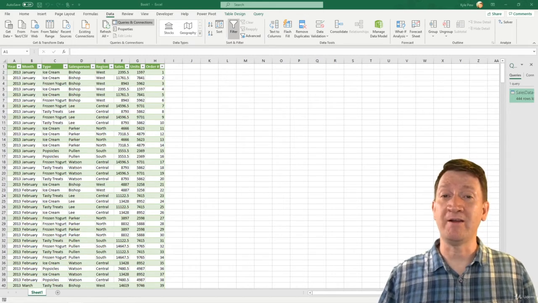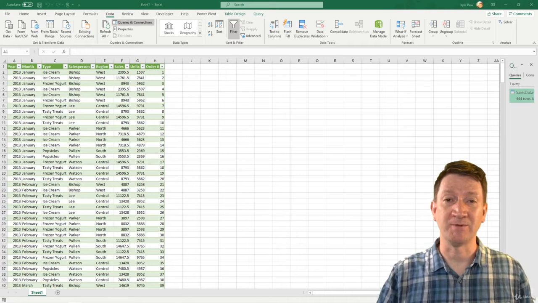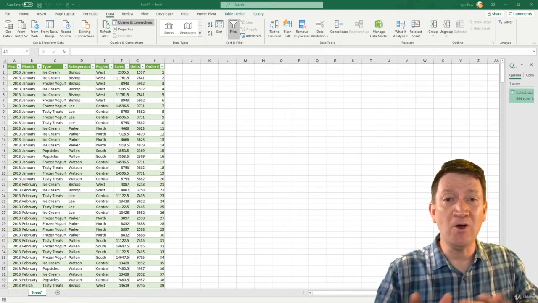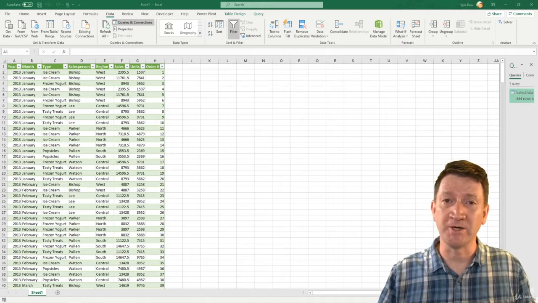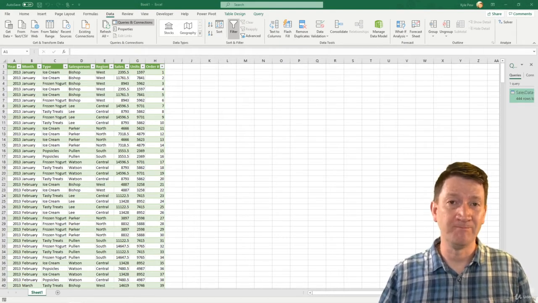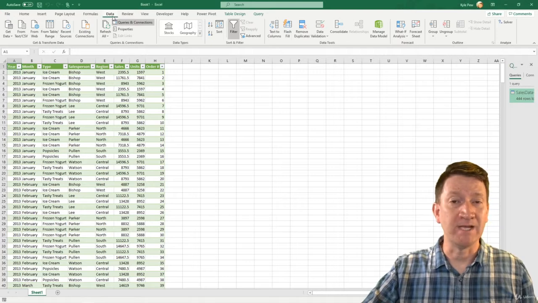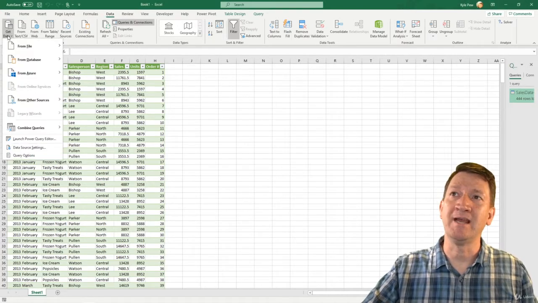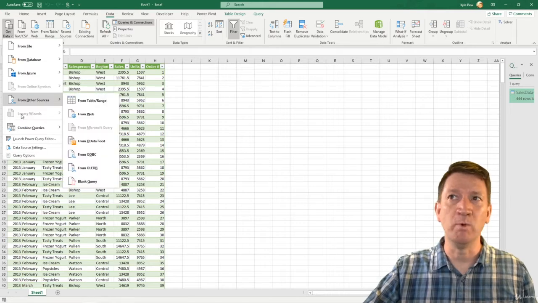Now, I want to point something out here about importing data inside of the newer versions of Microsoft Excel. If you liked the old interface for the import, actually going through the text import wizard, it's something you can still activate through the legacy import data features. Take a look. If I go back to my data tab, top of my screen, I can go into Get